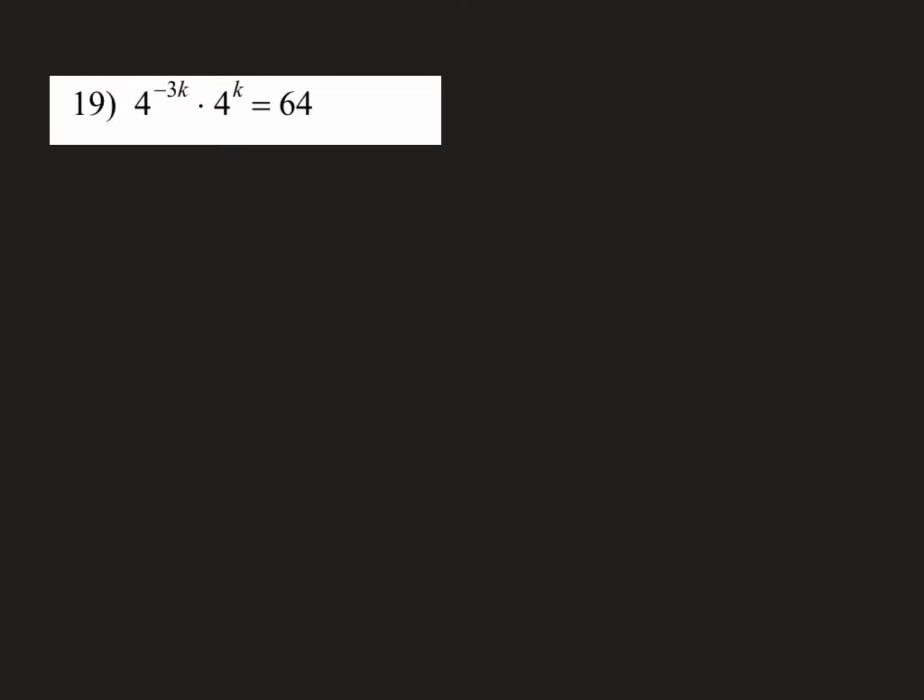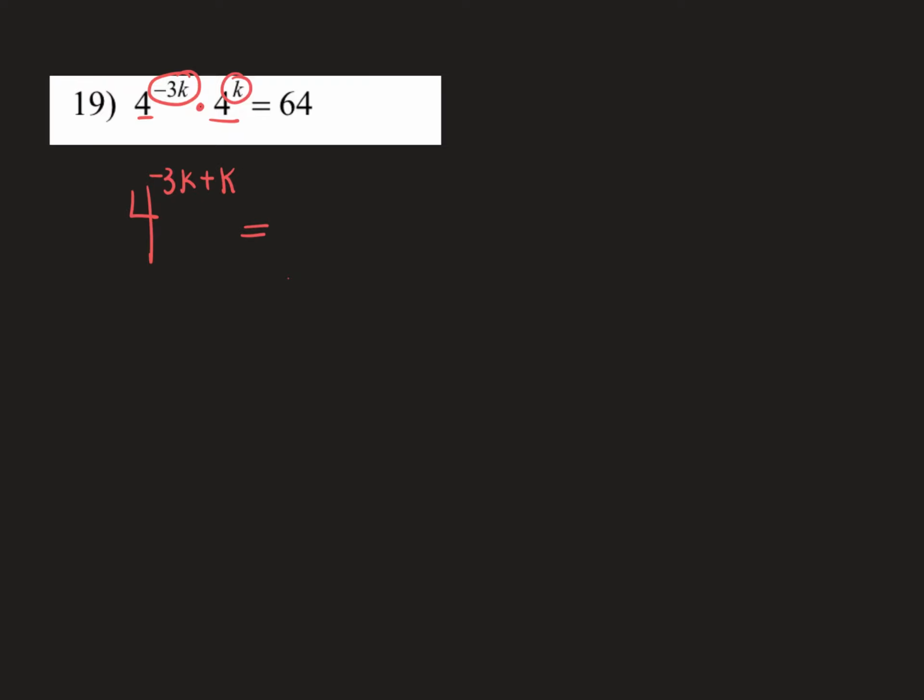Number 19. Now I have bases that are the same and I'm multiplying. So what do I do to exponents when I have the same base and I'm multiplying? Well, hopefully you knew to add. 4 to the negative 3k plus k equals,